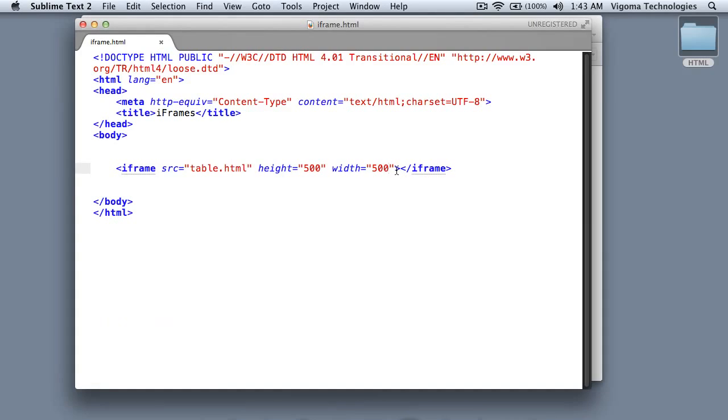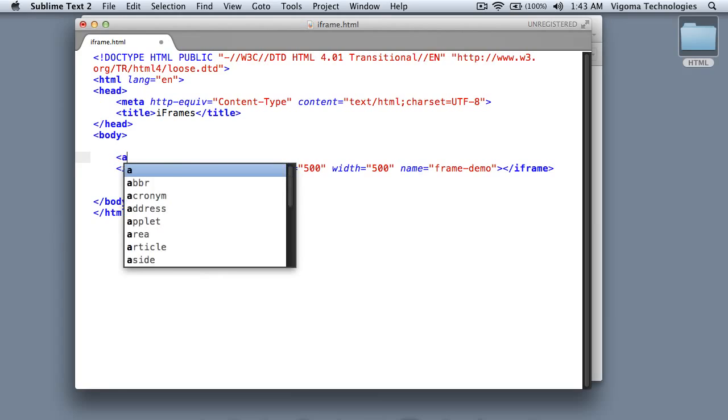Now iframe can also take a name attribute, to which we can assign some name like say frame. This name attribute will be useful when we give the reference of this name in the anchor tags by assigning it to the target attribute. For example,